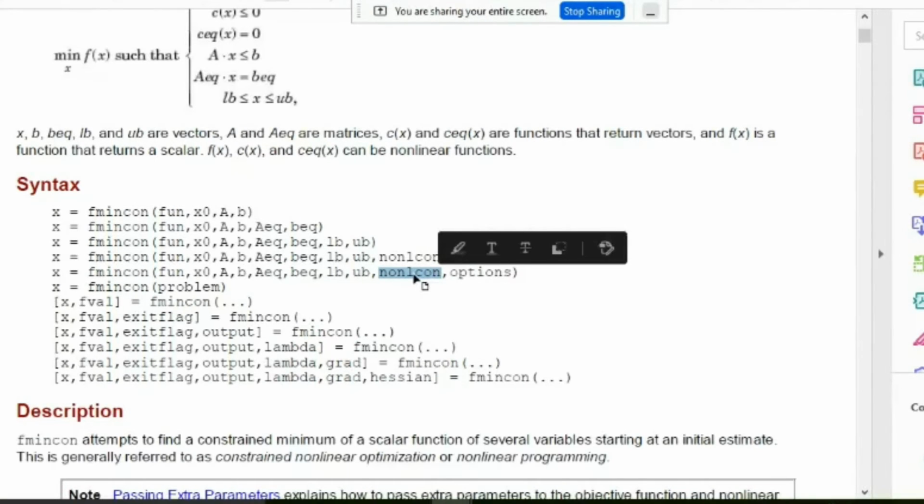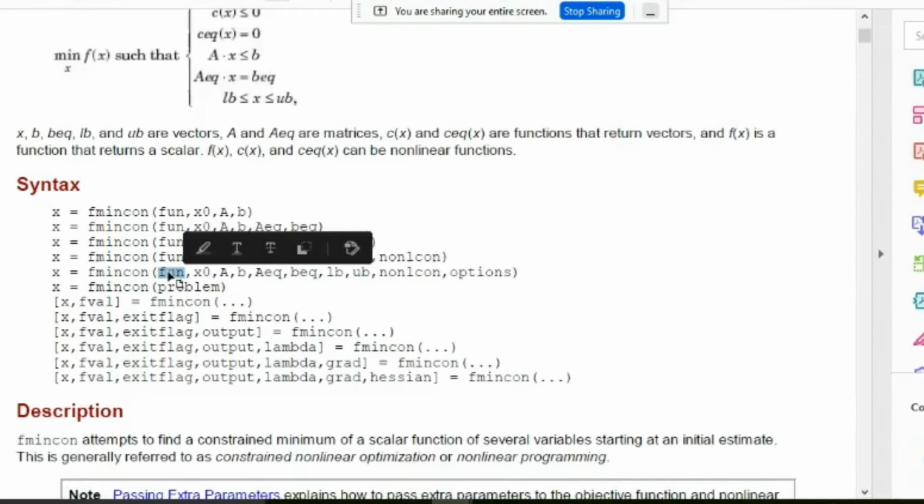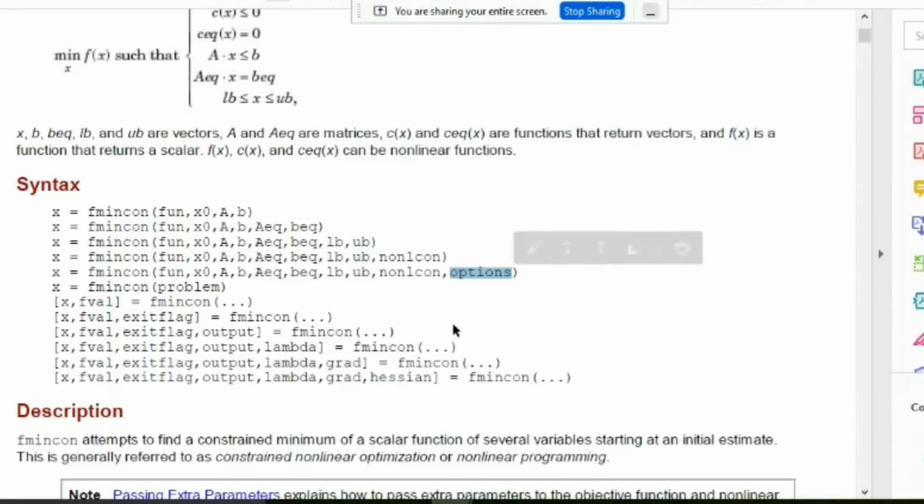So here this m file is related to the non-linear constraints. Then this function Fn is nothing but an m file recalling the m file for the objective function. Then finally options. Through optimset, options can be executed. If you want to see the iteration-by-iteration result, then through optimset you can specify the options, right? So the order is first the m file for the objective function, then the initial guess,